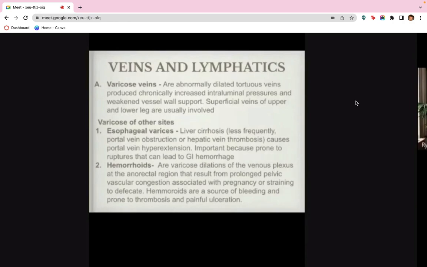Okay, so we have varicose on the other sides. Okay, we can see it on the esophagus or your esophageal varices. And of course, you have your hemorrhoids or your almoranas. Okay, so your hemorrhoids, these are varicose dilation of the venous plexus at the anorectal region that result in prolonged pelvic vascular congestion associated with pregnancy or straining to defecate. Okay, yung hirap pumupo. Okay, so madalas sa madalas, yung mga hemorrhoids na to, di ba, kapag medyo malalaki na sila,